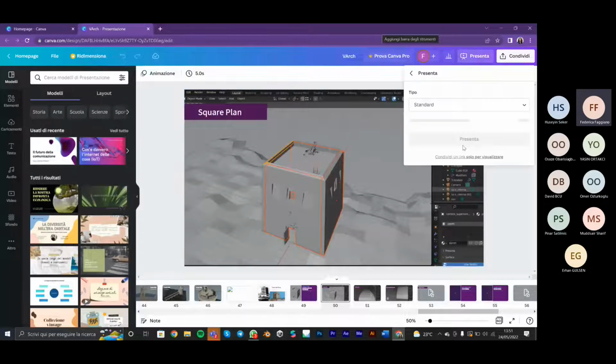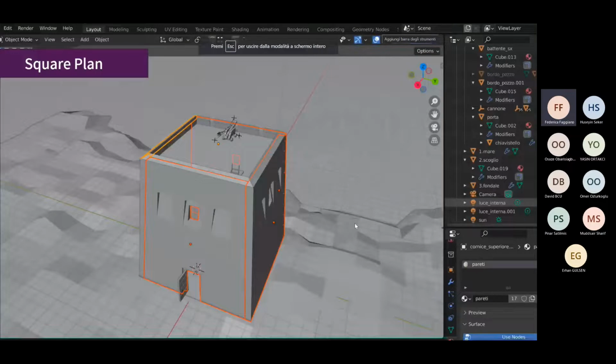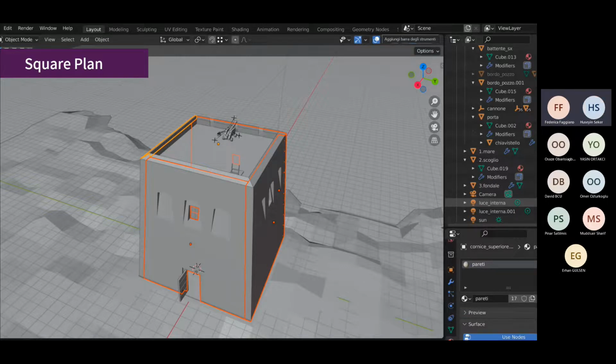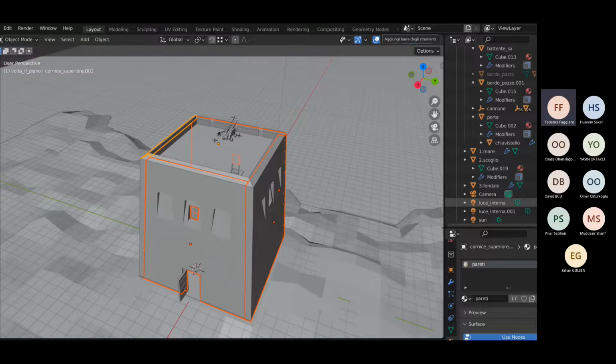So I start again with the 3D modeling of the second tower. The modeling of Torre San Foca turns out to be similar to Torre Pali, but with some differences. One difference involved a square plan and the use of cubes rather than cylinders for the openings, for the walls, sorry. About the roofs, hipped walls were recreated through the intersection